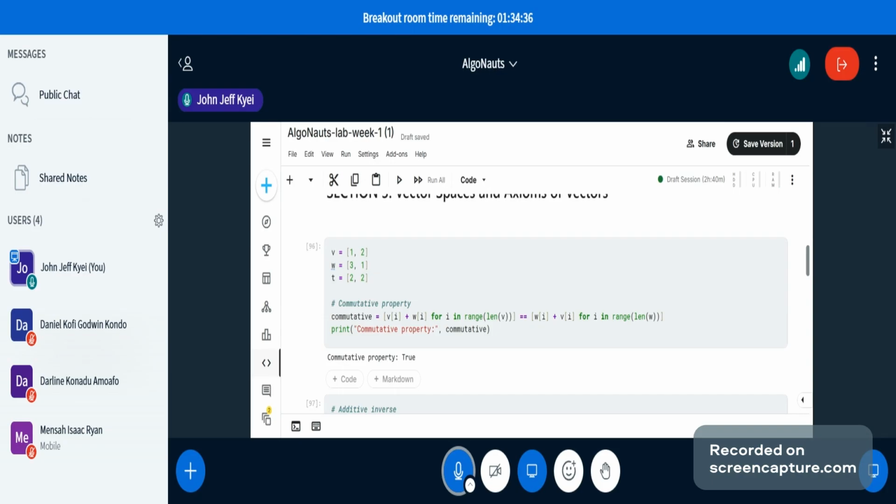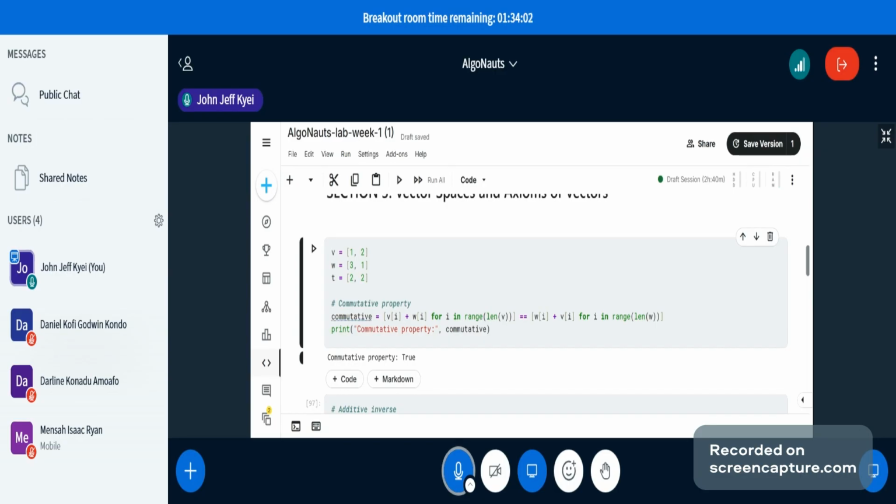I'm going to explain what we have here. So we have vectors v, w, and t, right? It could be a, b, c, it could be anything. Just for whatever we are going to do here, we'll be using three vectors. So for the commutative property, there is the commutative property of addition, and the intuition is that no matter what order you add the vectors, you should get the same results. So v plus w or w plus v should give you the same results,